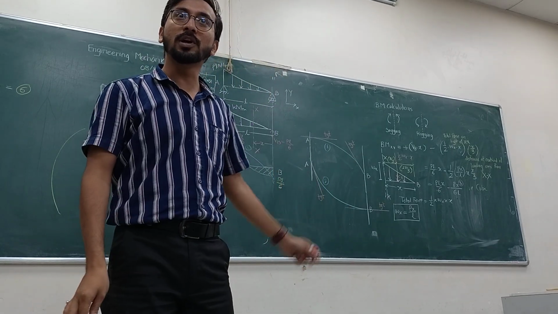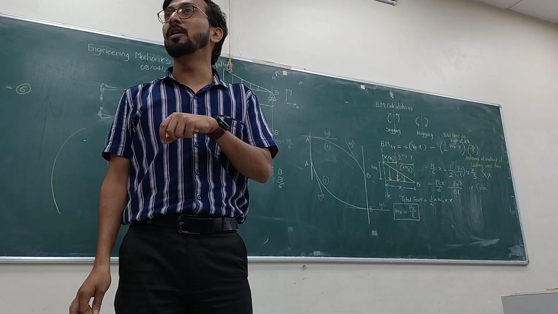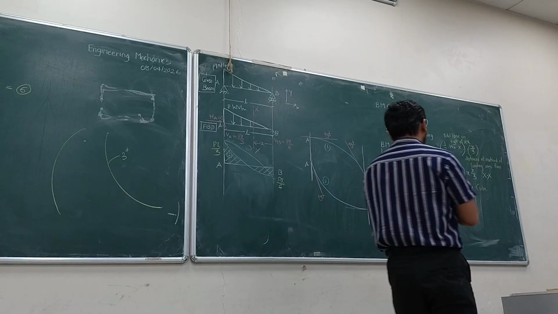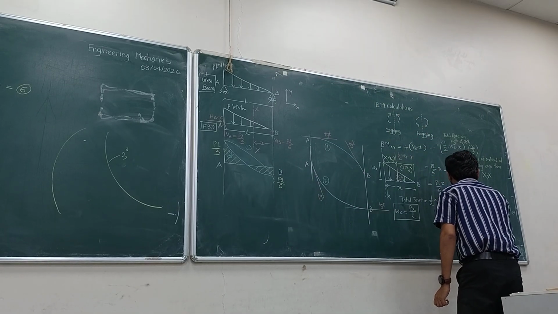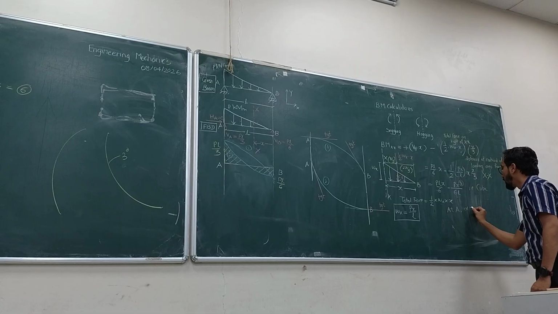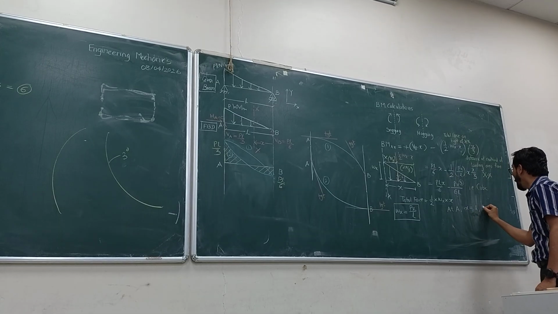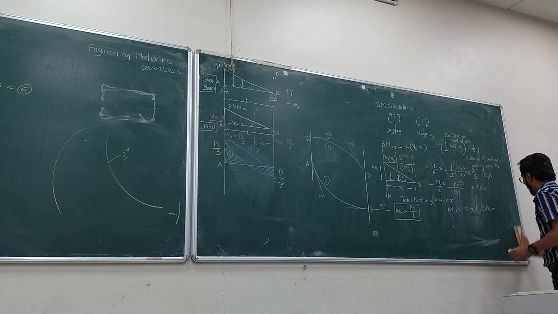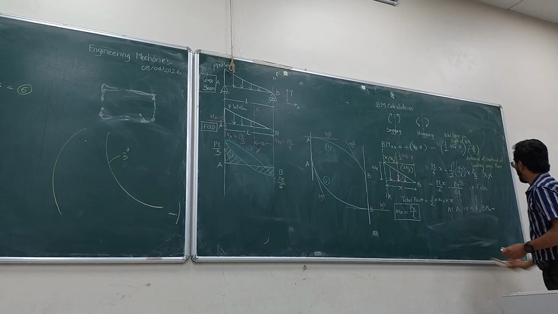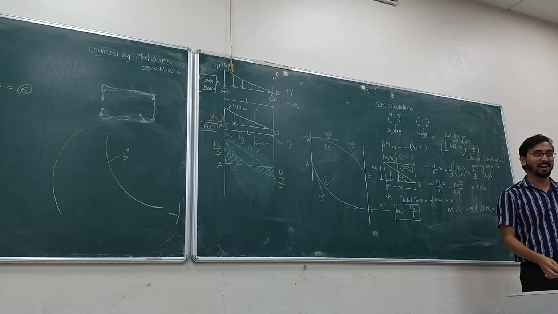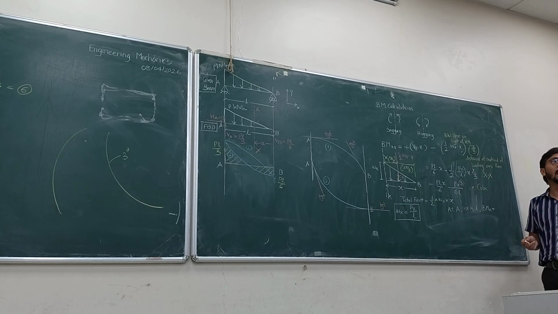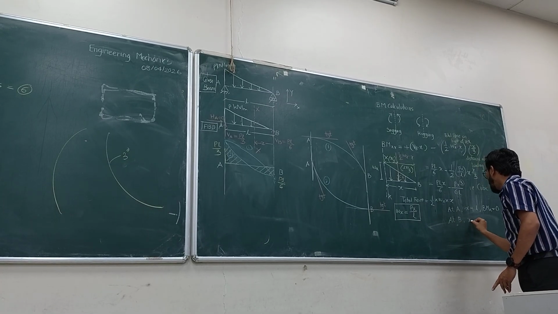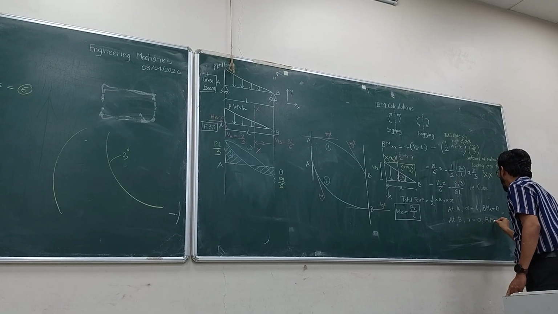चला आता ड्रॉ करूयात. क्यूबिक कर्व ड्रॉ करूया. Before that we need to know the values of bending moment at A and B. कॅल्क्युलेट करा. चला at A. At A, x is equal to how much? X is equal to L. So, bending moment at A is equal to, सांगा. 0. Value put करून बघा. 0. It is going to be 0. At B, x is equal to 0. So, bending moment at B,